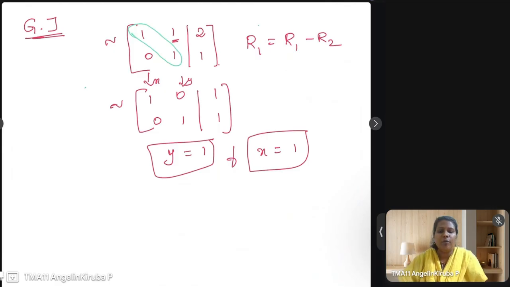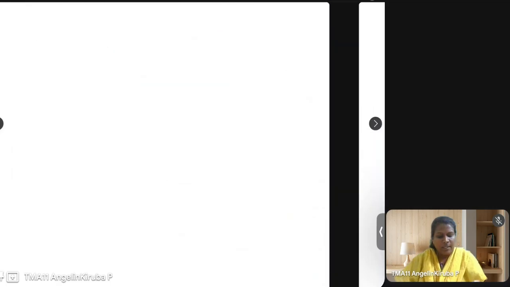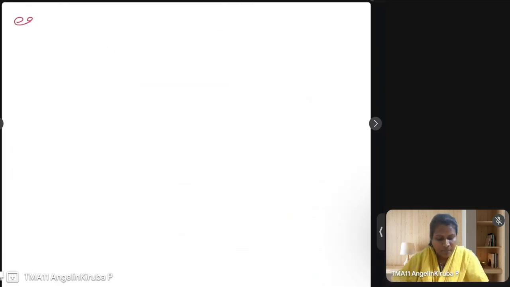The same thing we can do for 3 equations with 3 unknowns also. We'll see one problem for that. Next example, example 2, solve